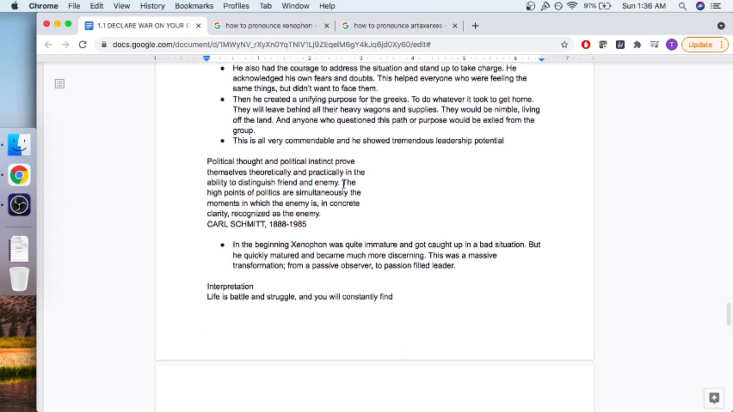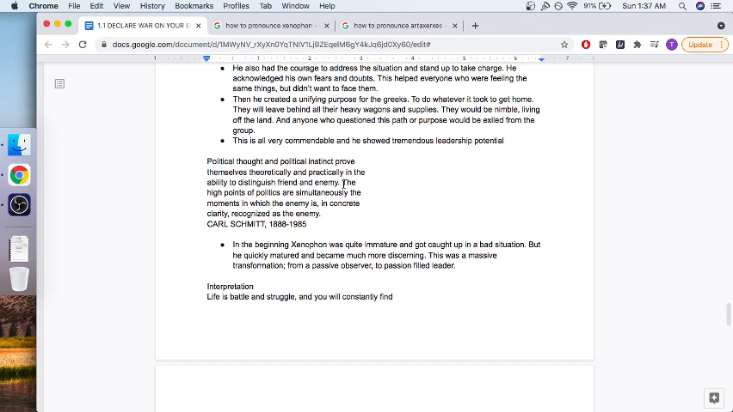Here's another quote from the book. "Political thought and political instinct prove themselves theoretically and practically in the ability to distinguish friend and enemy. The high points of politics are simultaneously the moments in which the enemy is, in concrete clarity, recognized as the enemy." Carl Schmitt. In the beginning, Xenophon was quite immature and got caught up in a bad situation, but he